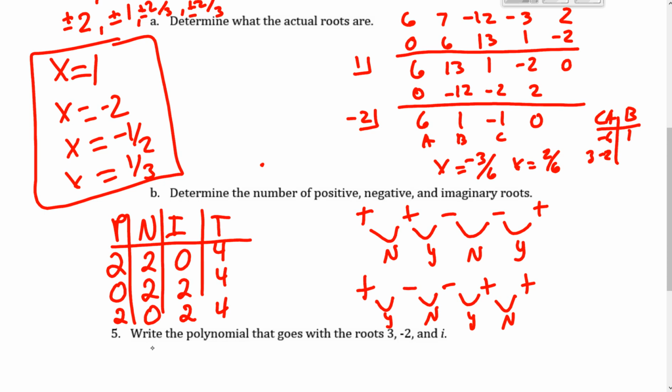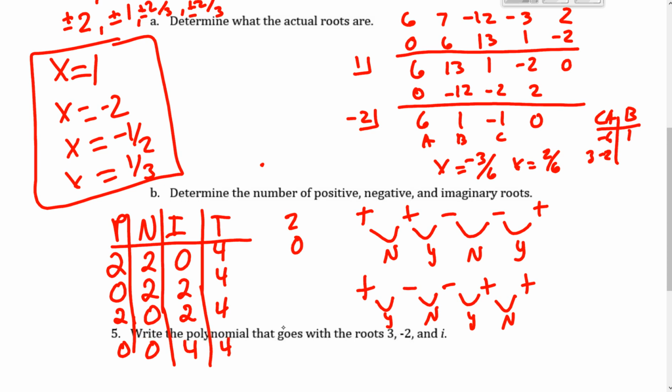I need one more row, because then I could have another 0 for my negatives, because it drops down by 2, right? Because I had 2 sign changes, so that means I go 2 and then 0. And then my positives could also be at 0, and that means I need 4 imaginary to get my total of 4. Okay, so basically I had 2 sign changes here, so that means it goes from 2 to 0,